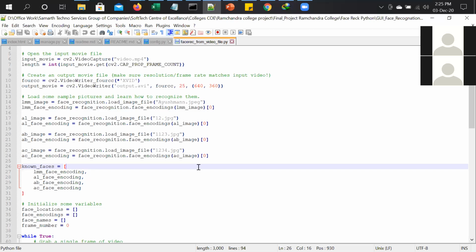Now that output can be AVI, but it cannot be the same as the input one, because that's a limitation OpenCV has. So it can be AVI, MP4, or any other extension. Then we need to pack it at 25 frames per second.